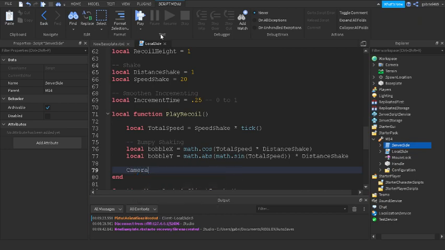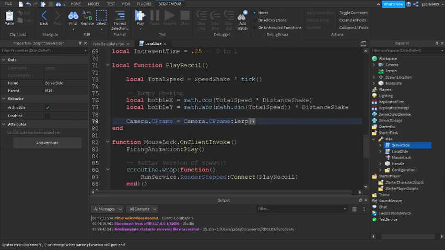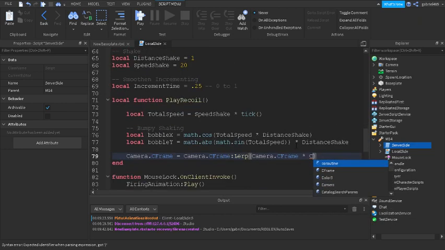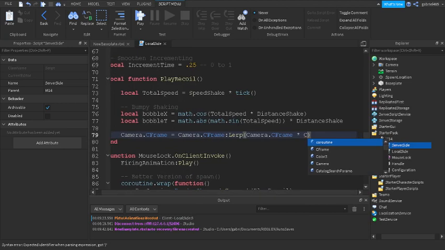And now we want to actually call our camera, so we do camera.CFrame equals camera.CFrame, and then we do camera.CFrame and then Lerp. So this is what is going to increment each time the render step is called. And then we have to get camera.CFrame again because we don't know our position at all. And then we multiply it by, oops, that just went crazy. But we multiply it by